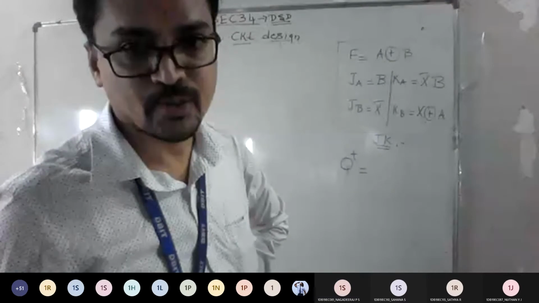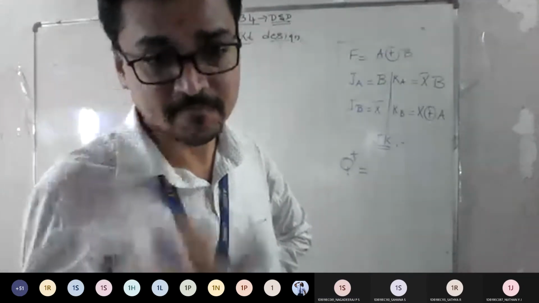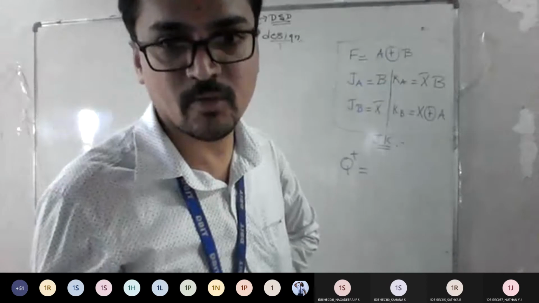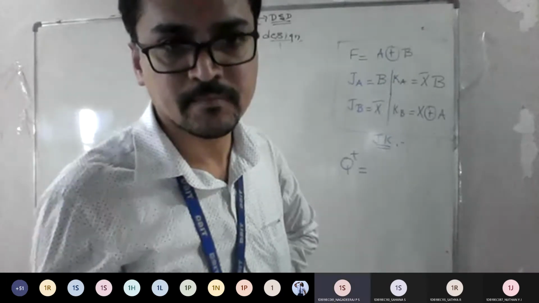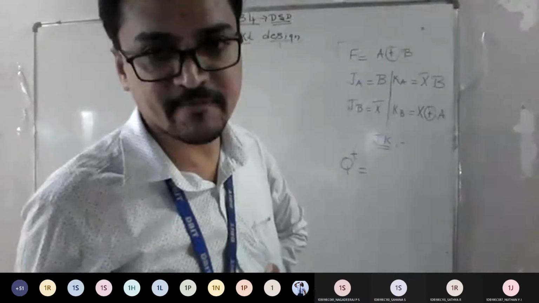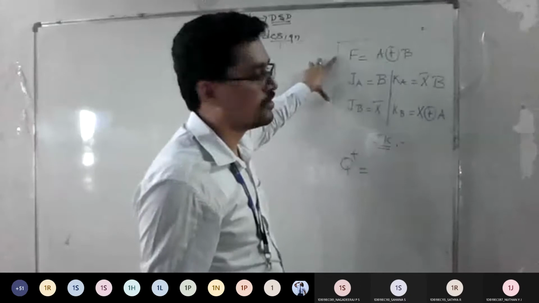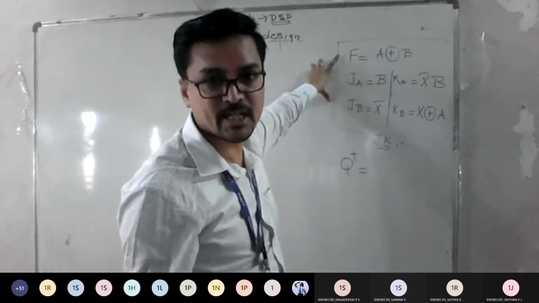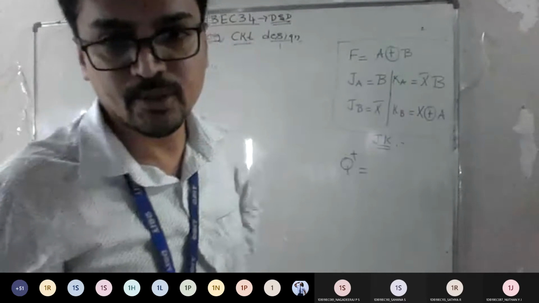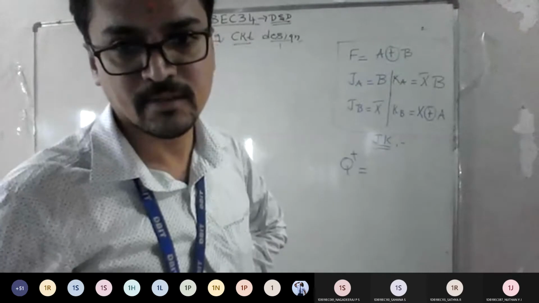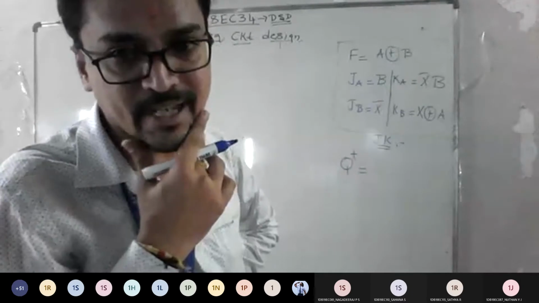So you saw the diagram here. From the diagram, how to write the equation? Is it fine? You want me to explain that also once more? So from the diagram we wrote the output equation and input equations. Okay. So after this, we want you to plot a transition table. So I hope everyone remembers the transition table for JK.